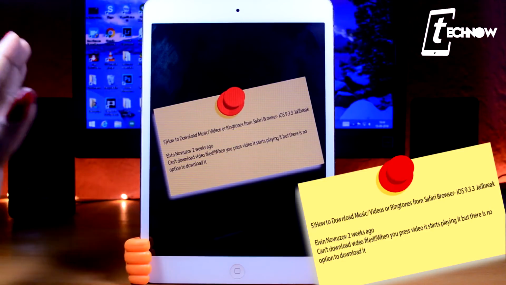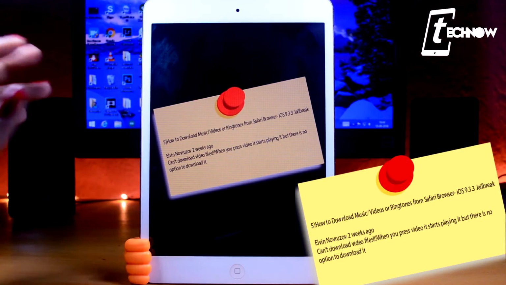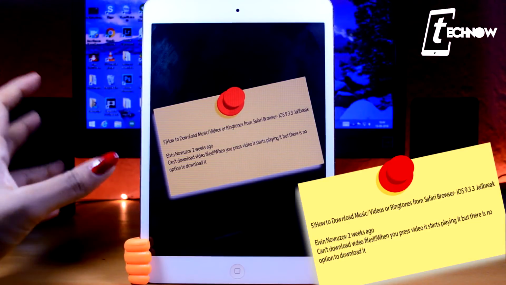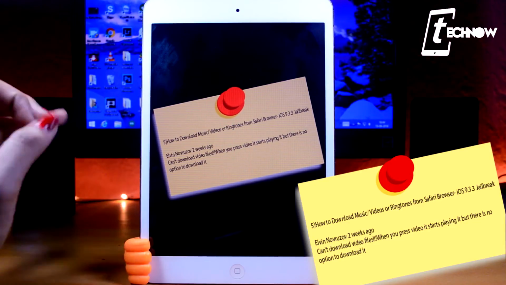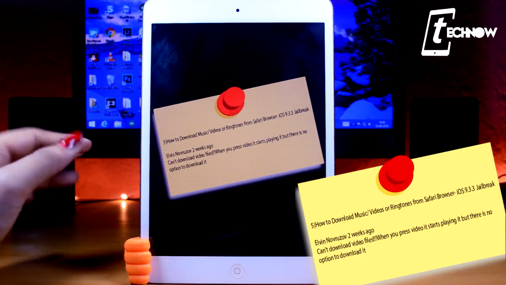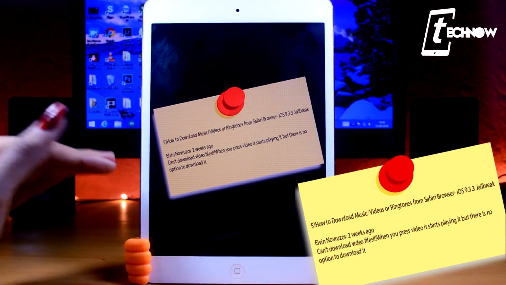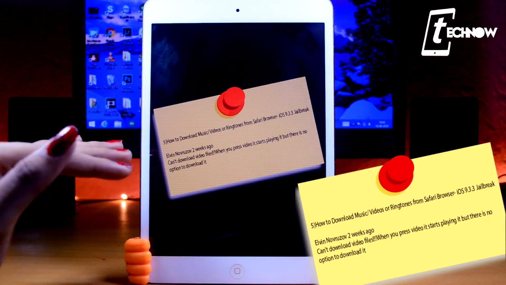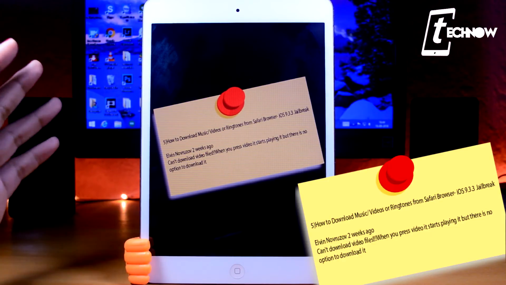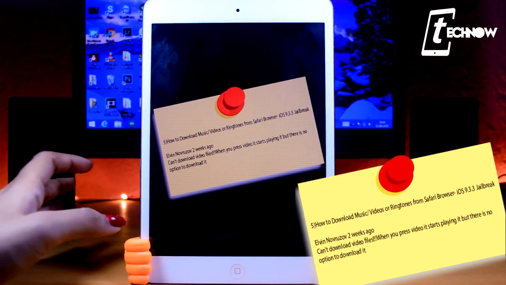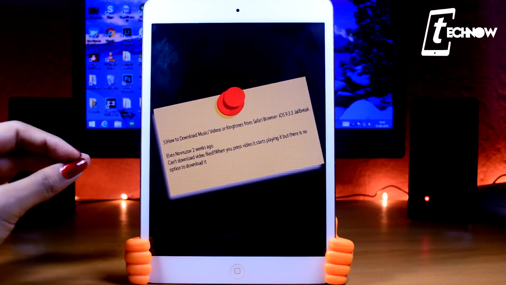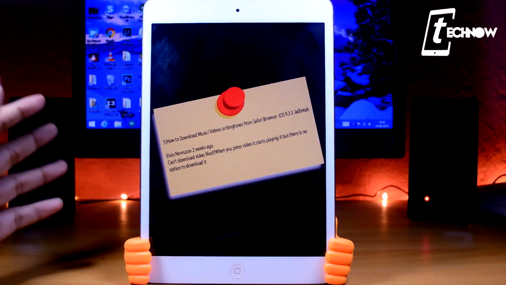So you are required to go only to a website that enables the download, and then the download option will pop up inside Safari downloader. If you're visiting a site which shows you a random video which has no connection with downloading that particular video, you won't be able to download it and there will be no download option available. So be sure to check the link from where you are trying to download the video. Even if you have further questions on this matter, just feel free to comment again.